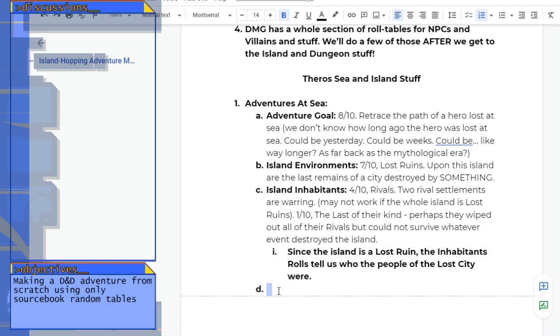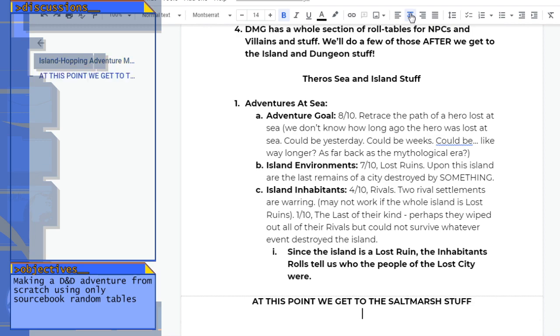But I believe at this point we get to Saltmarsh. And this is what I've been looking forward to. Well, this and the Dungeon Master dungeon creation stuff. So